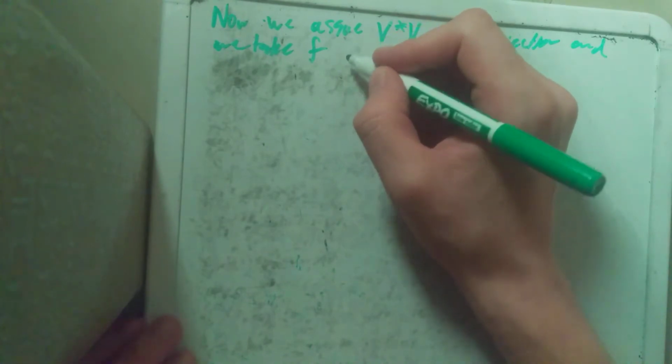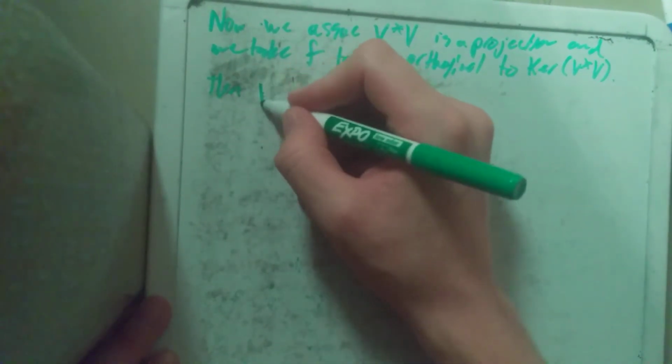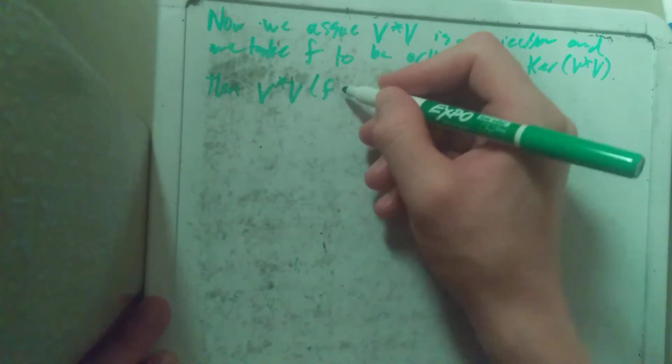So now we assume V star V is a projection, and we take f to be orthogonal to the kernel of V star V. Then V star V of f equals f by definition. Hence,